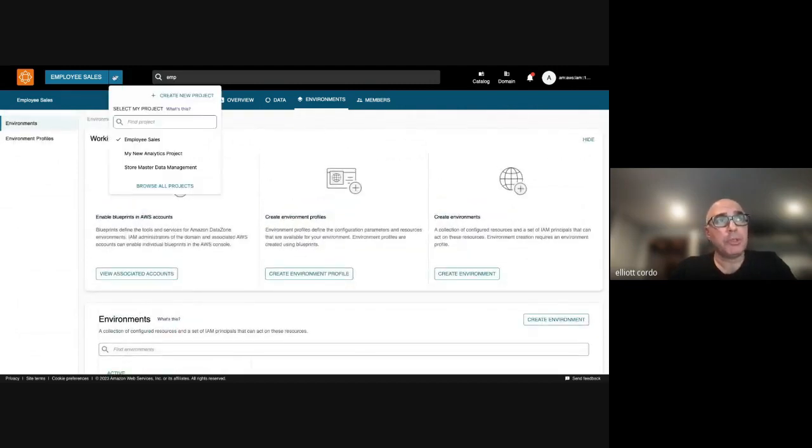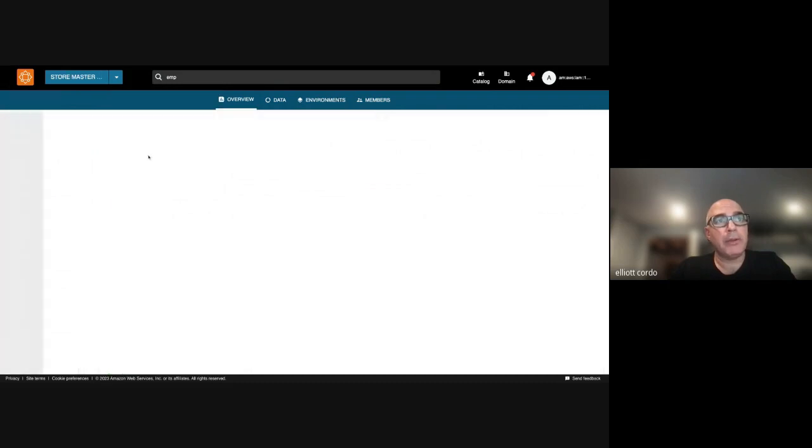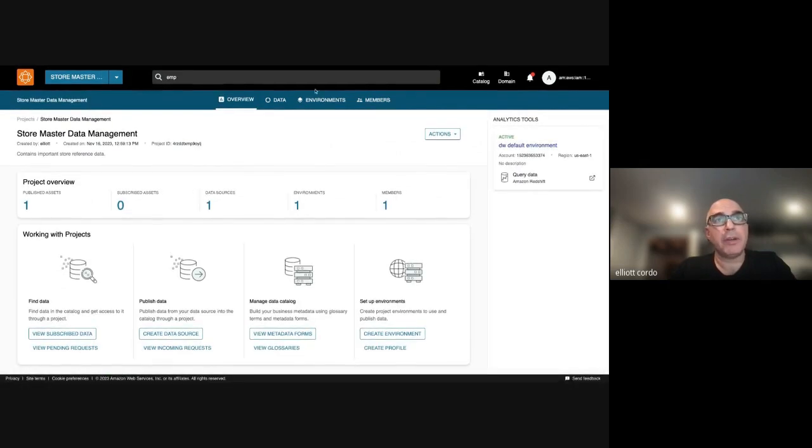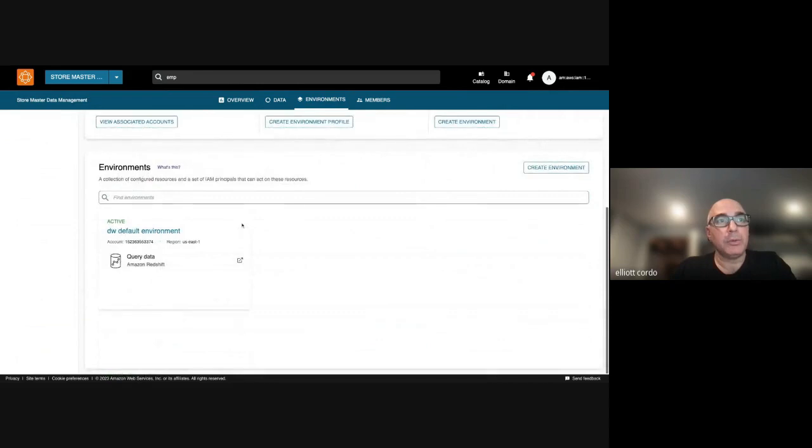So this is a producer project. Store management is also a producer project. If I go to environments, you will see that this has a different type of environment. This actually has a query environment for Amazon Redshift. And as you get into the data sharing workflows and everything, when you bring the data all together, it'll